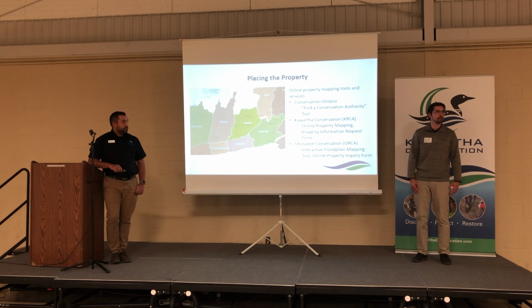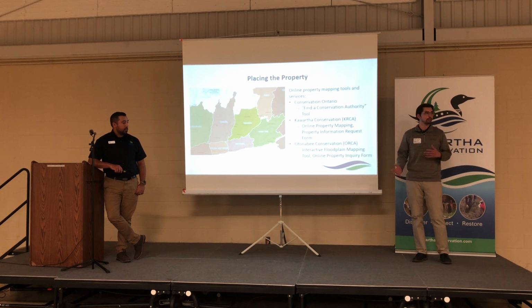So once you've determined which conservation authority you'll be dealing with for your permit application, your next step would be to determine if your property is actually regulated, which means that it would require a permit. So conservation authorities regulate features including watercourses, wetlands, unstable soils, and erosion hazards such as steep slopes. So if you have none of those features adjacent to your property, it's possible that you won't require a permit from the conservation authority even if you're within our jurisdiction.